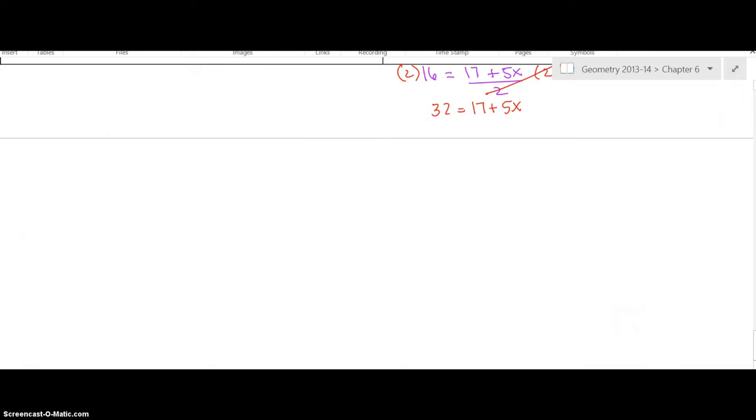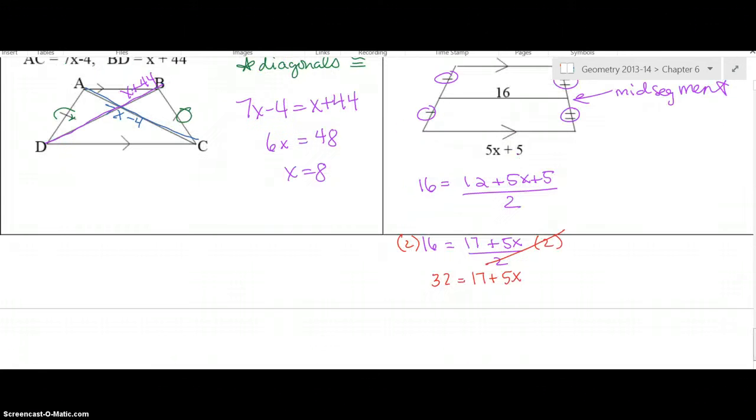Okay, so if we want to solve this equation just like normal now, we will subtract 17 from both sides and get 15 equals 5x. And if you divide by 5, you get x equals